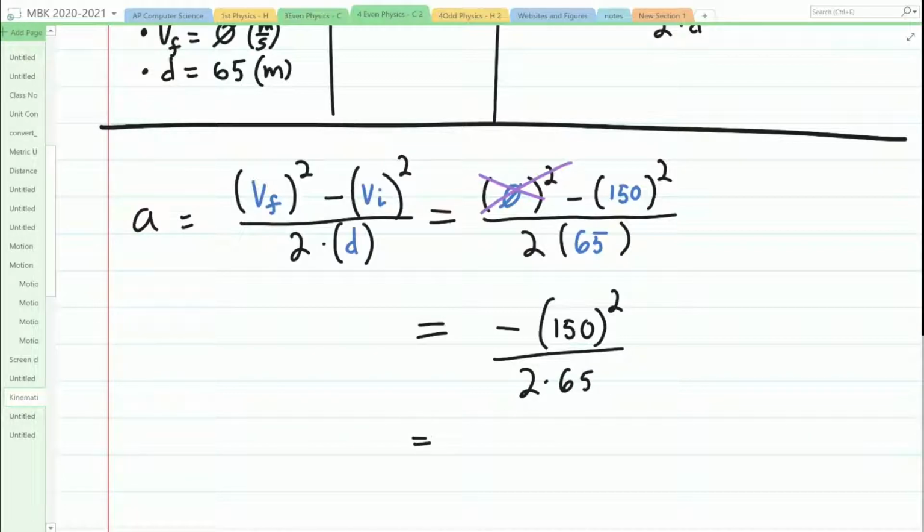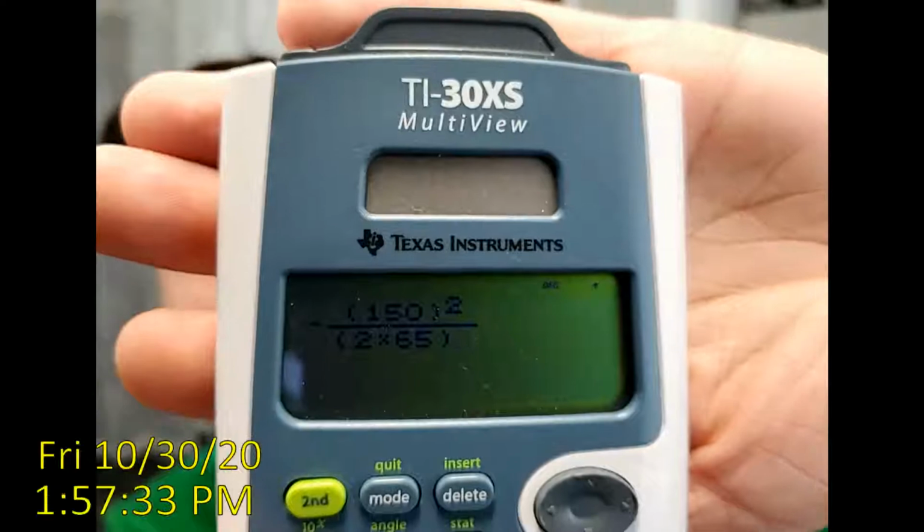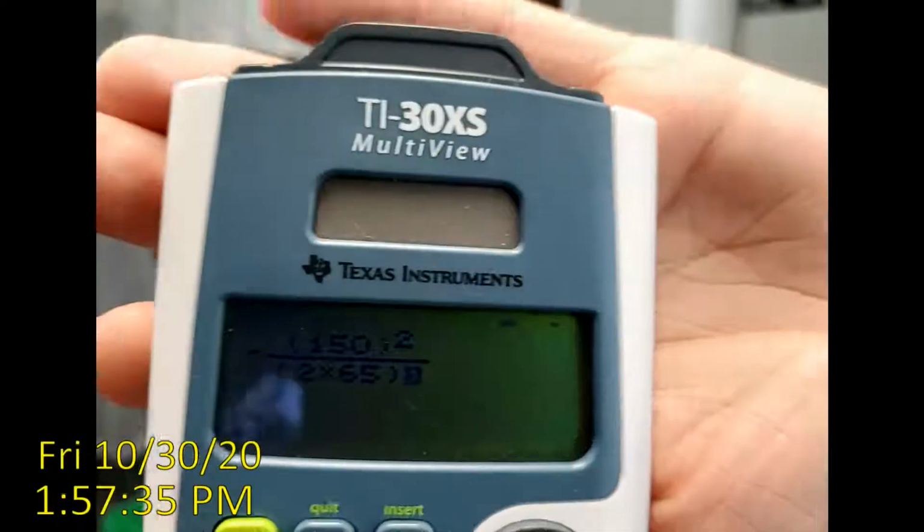So when I plug this into the calculator, and I'll show you what it looks like in a second. So get negative 150 squared. And where's the fraction? And then 2 times 65. Okay. So this is what it should look like. Come on, switch. So notice that I've got